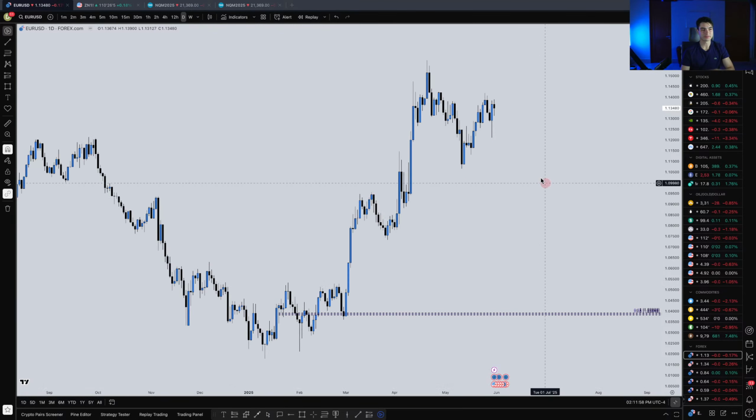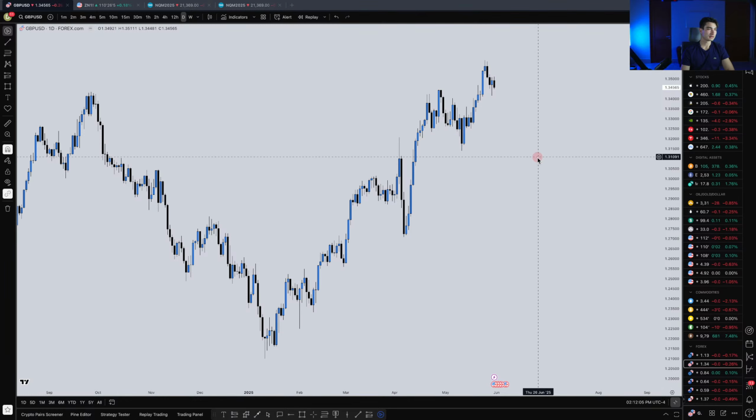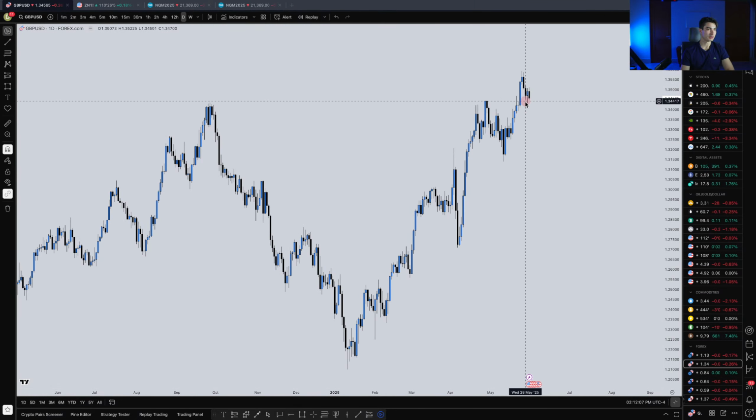So euro, looking for the same thing, looking for higher prices. So just reverse the analysis I gave for dollar, and that'll give you what you need for euro. And then for pound, watching this daily gap here, there's also a breaker, which we traded into. So bullish breaker on the daily chart with a fair value gap, watching that going forward.